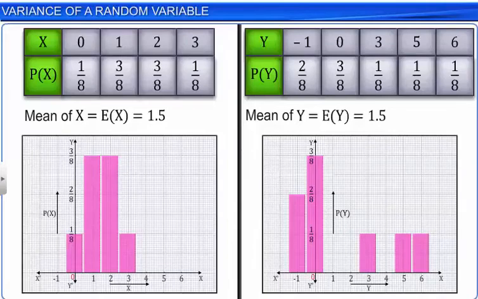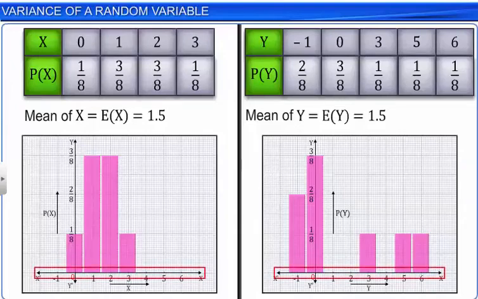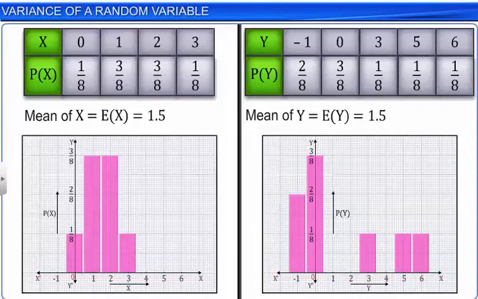From the figures, it is clear that the spread or scatter of the values of x is uniform, while the spreading among the values of y is not uniform. In statistics, we know that variance is a measure of the spread or scatter in data. Similarly, variance can be considered as the measure of the spread of the values of a random variable in a